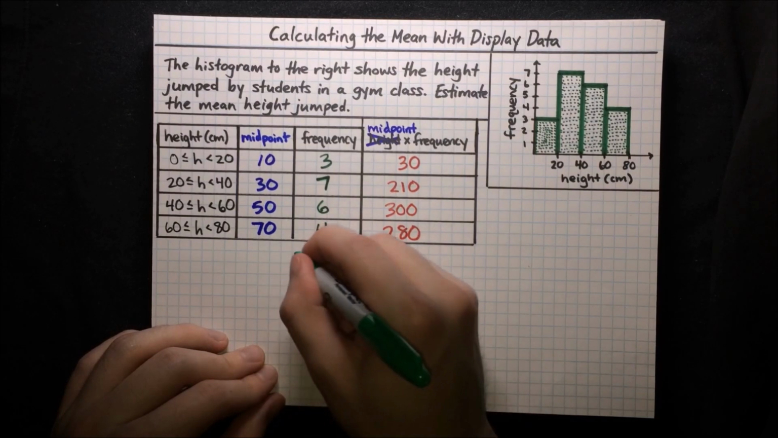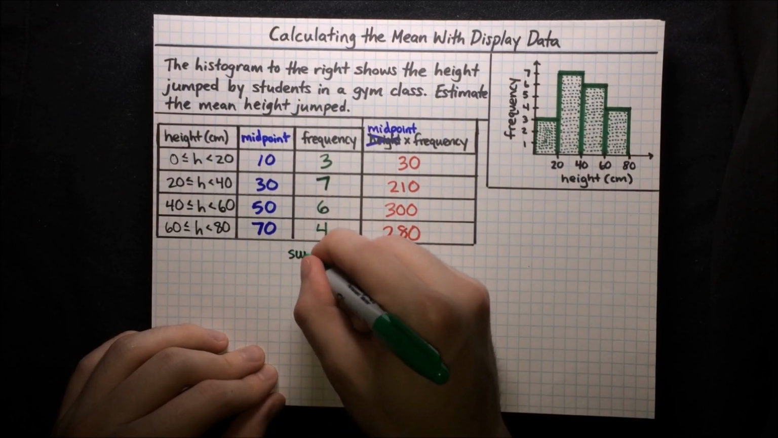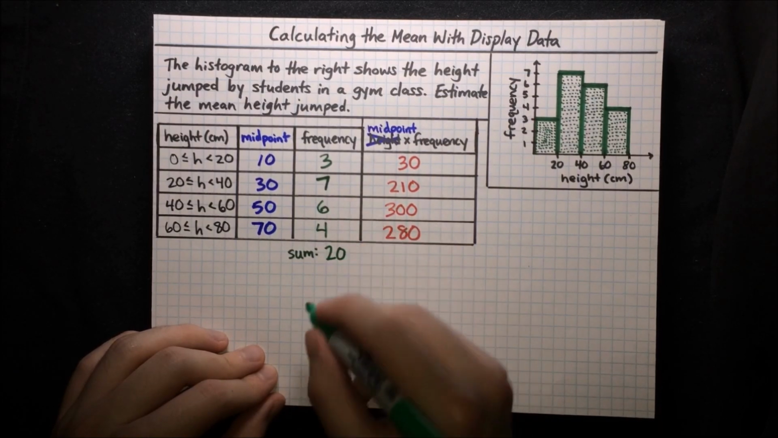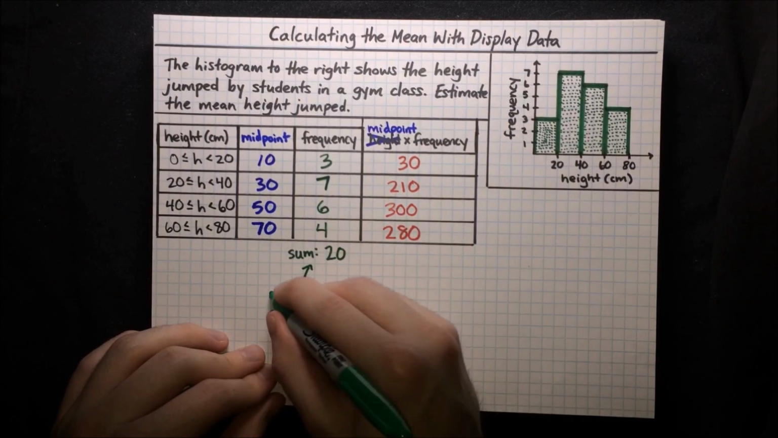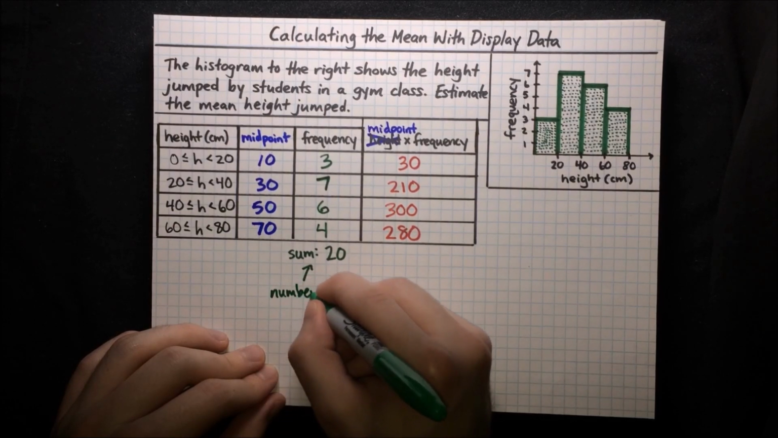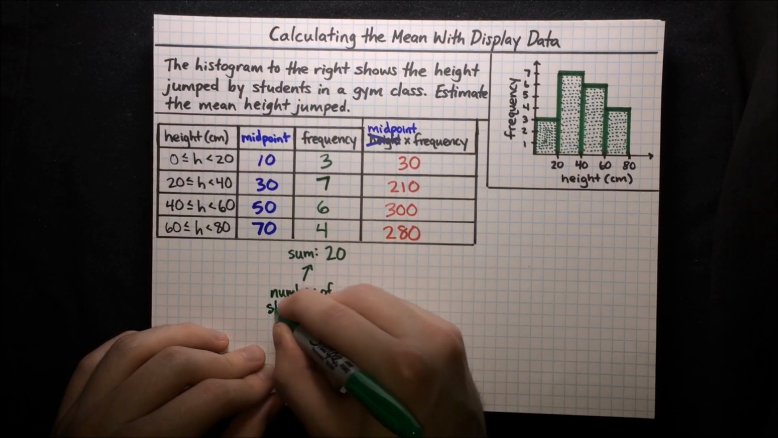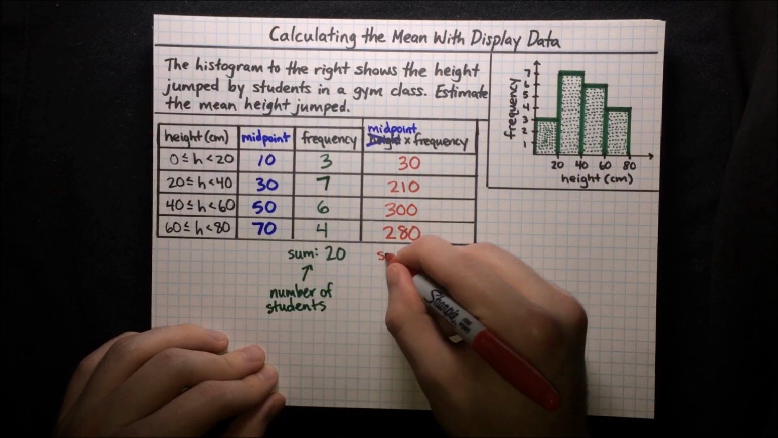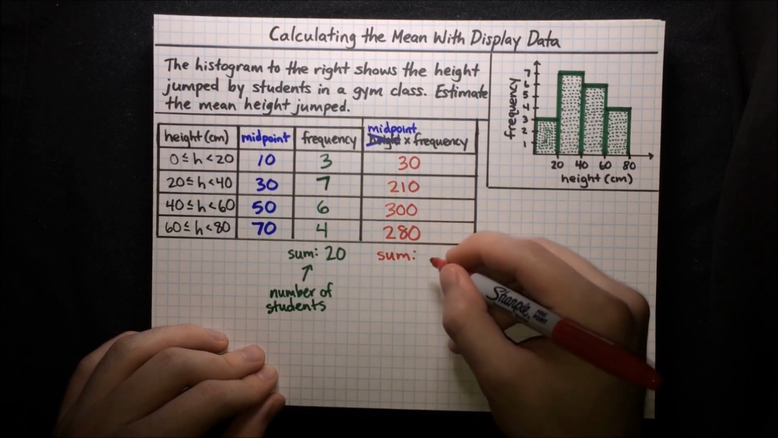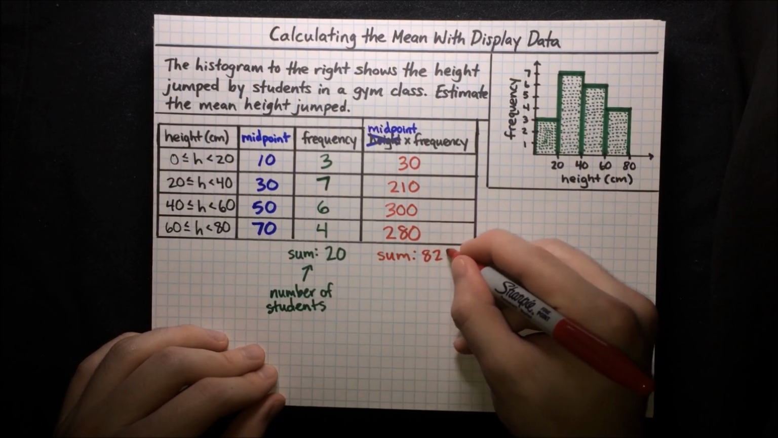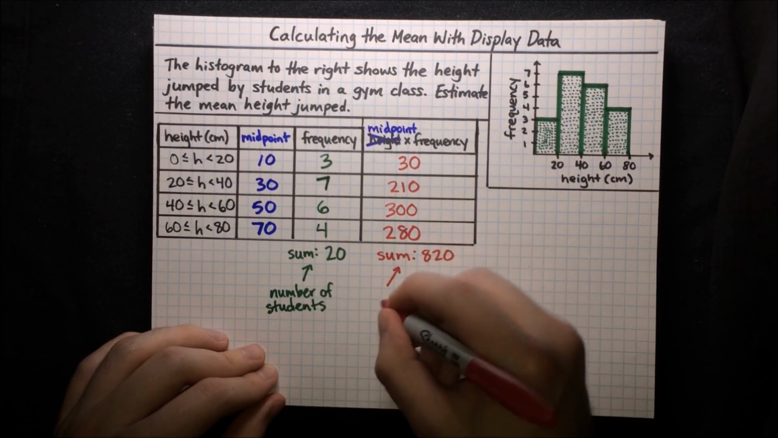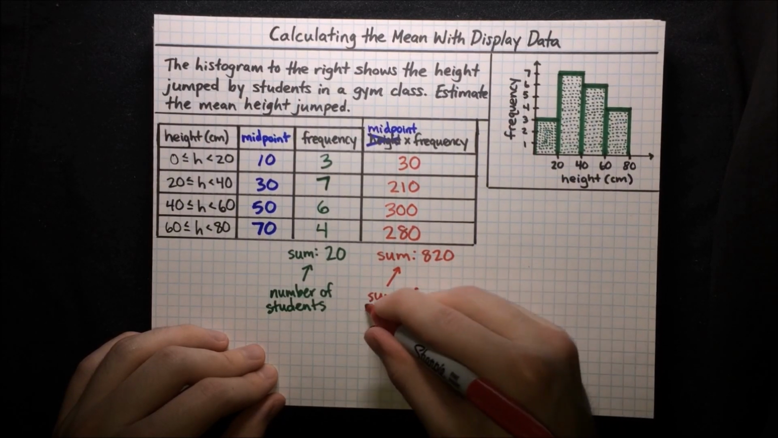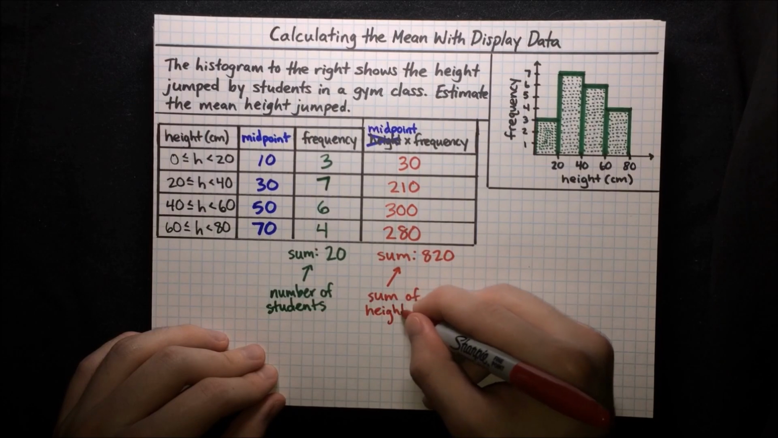So now let's get the sums. The sum of the frequency is 3 plus 7 plus 6 plus 4, which is 20. And that represents the number of students. Now the sum of the midpoint times frequency column is 820. And that represents the sum of heights